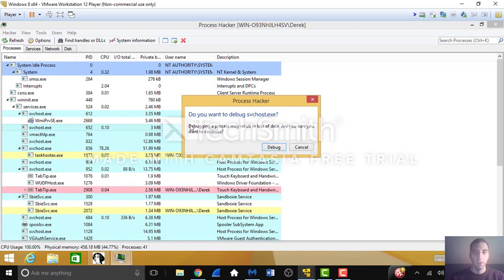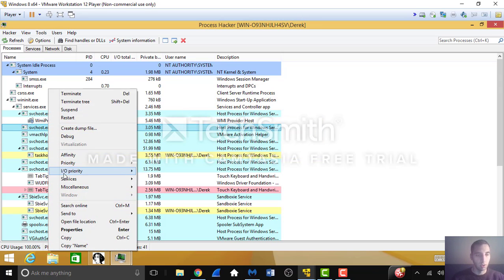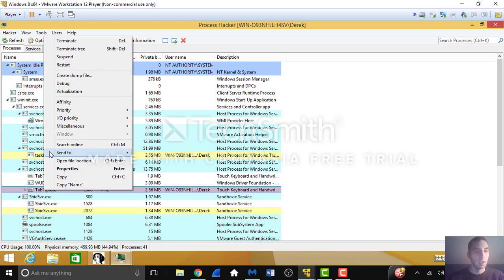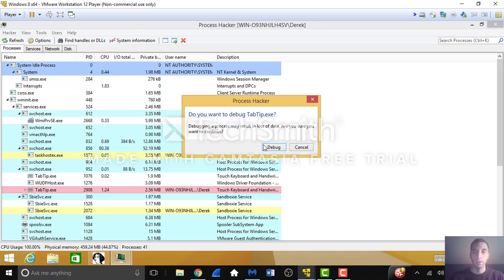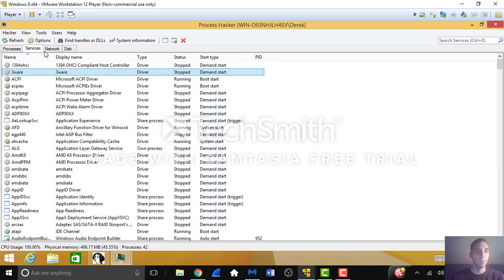You can see all the different things that you can do for it. If you saw a process on here that looked suspicious, if you went onto a site that you suspected had malware, or someone was trying to put spyware or something on there, you'd be able to see it in here. Something that looked kind of unfamiliar to you, you can certainly terminate it. You can debug it. You can look at it. I don't have it set up to debug, but